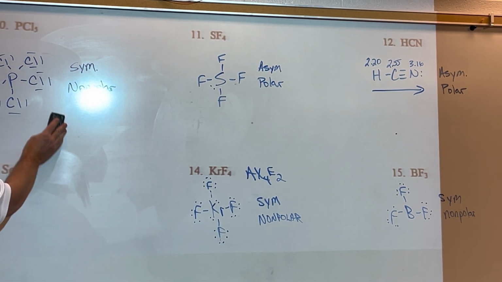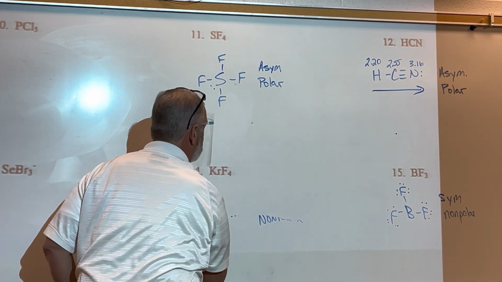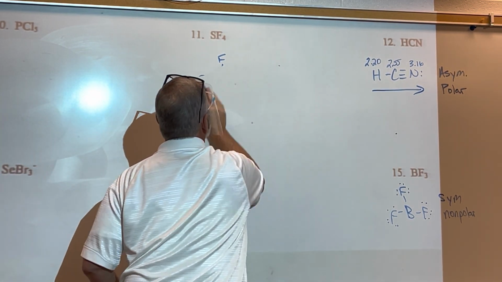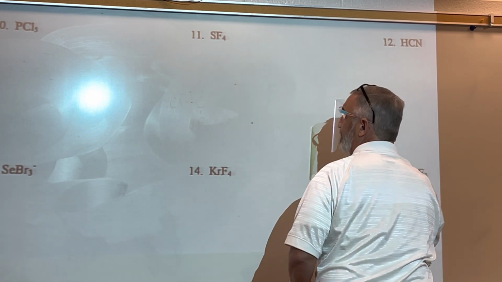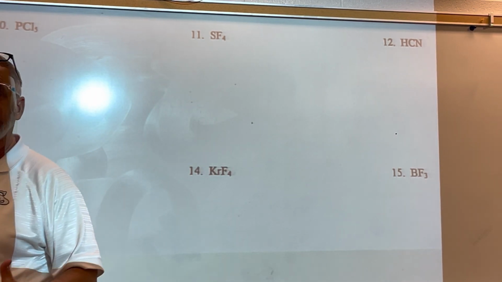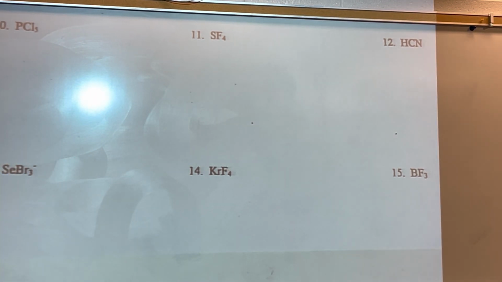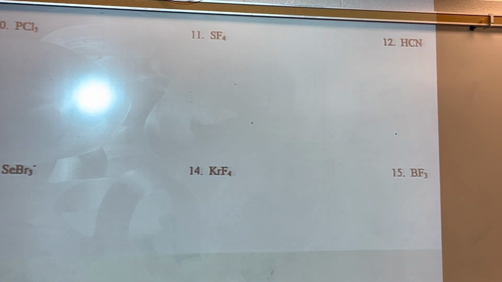So now that we know the shape of molecules determines the polarity of the molecules, we want to start talking about how that affects the properties of the substance. How does that affect the properties? So covalent compounds,